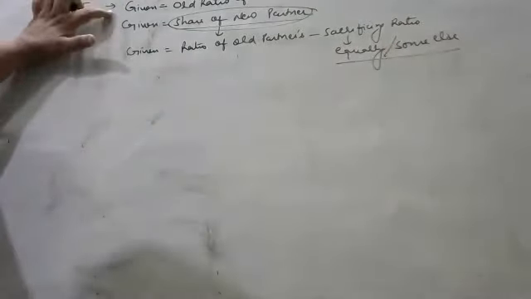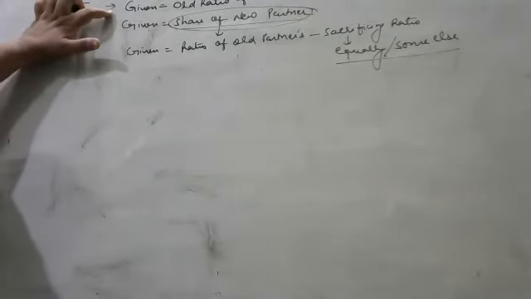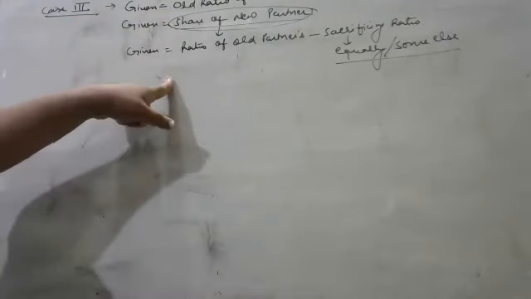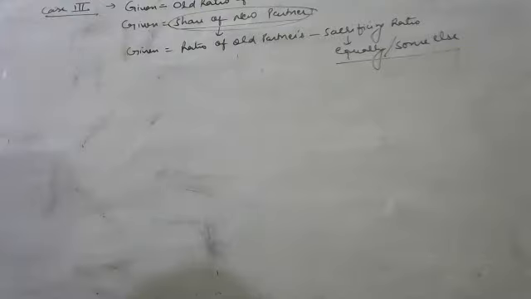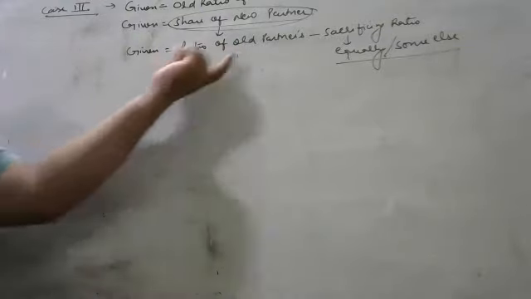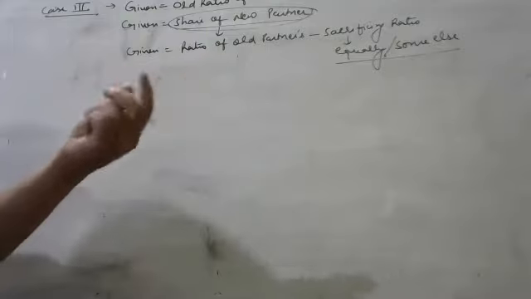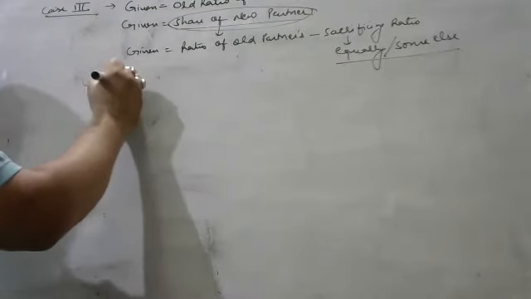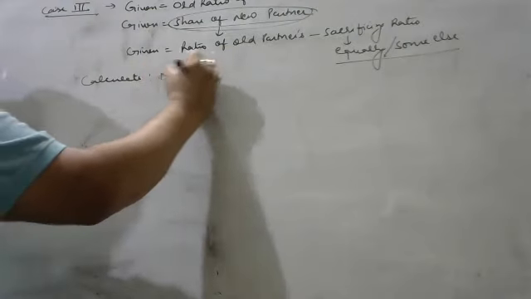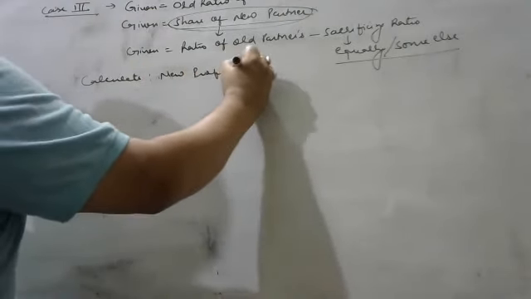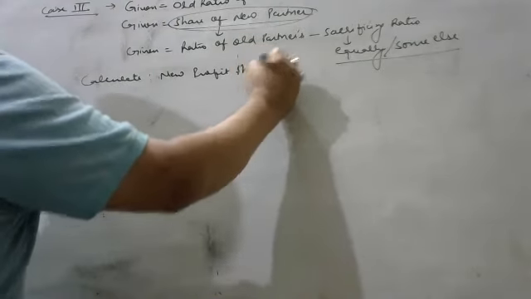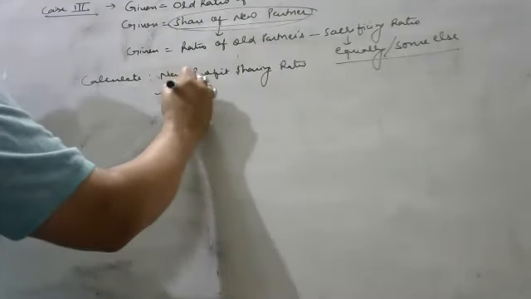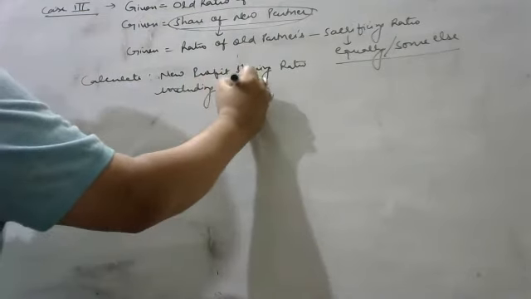आपको old ratio given है, when the old ratio of the firm is given, as well as the share of the new partner is given, and in what ratio he is gaining this share from the existing partners. किस ratio में वो gain कर रहा है वो भी given है. So how will you calculate the new profit sharing ratio? फिर आप new profit sharing ratio कैसे निकालेंगे? Calculate क्या करना है आपको? New profit sharing ratio including the new partner.